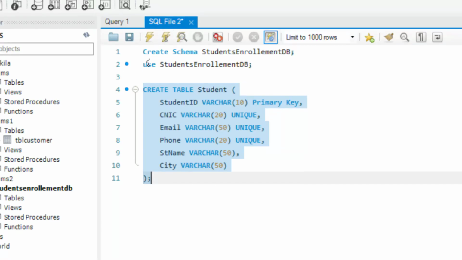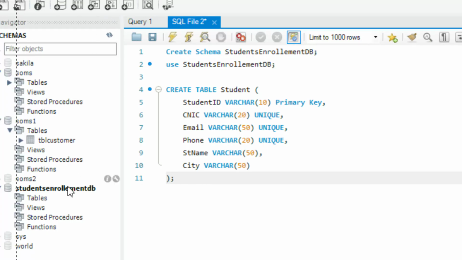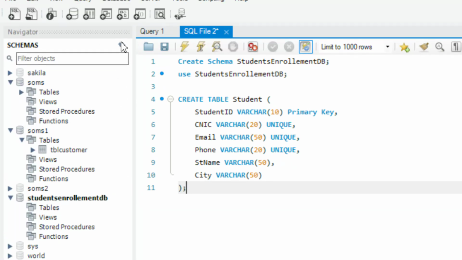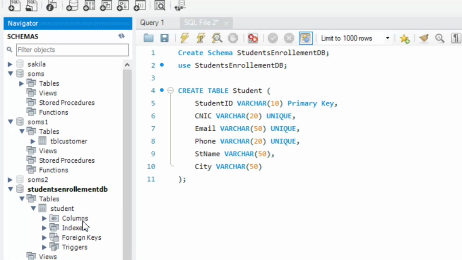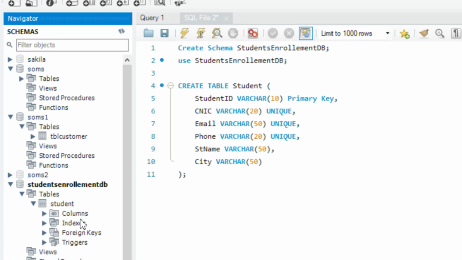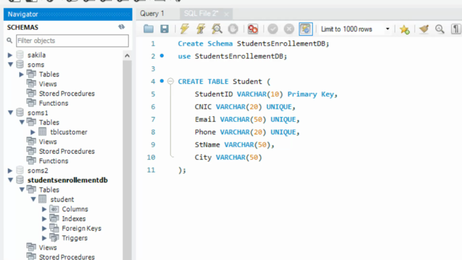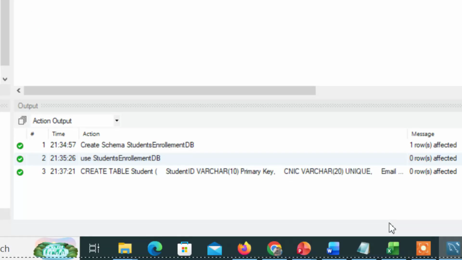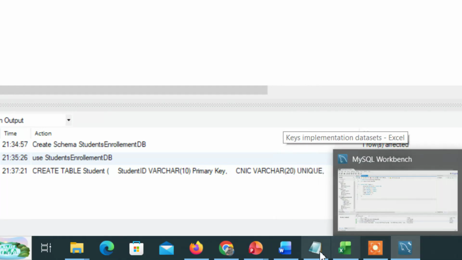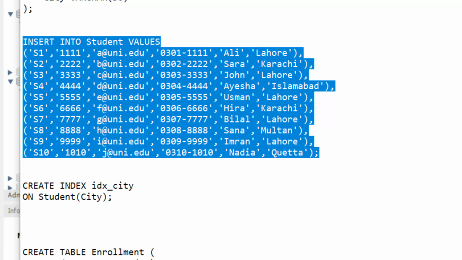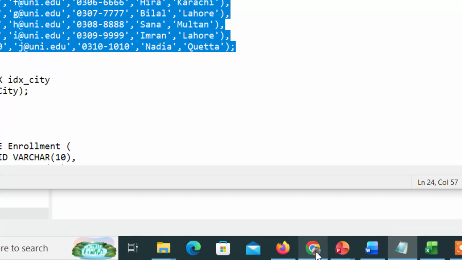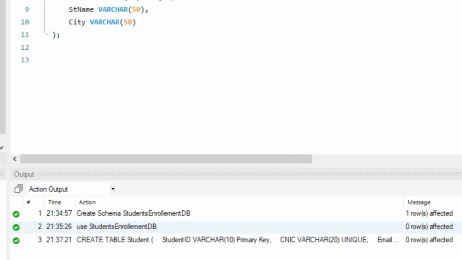I will run this one, and when I refresh this database, you can see here that student enrollment DB has one table, student, and these are the attributes of this student table. Now if I want to add data to this table, I have already created the insert script, and this insert script can directly add data to